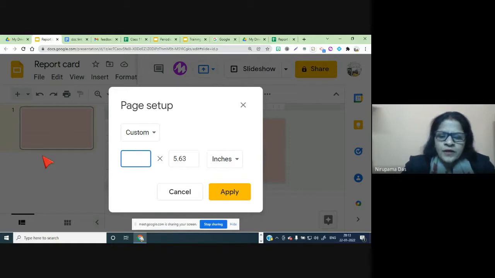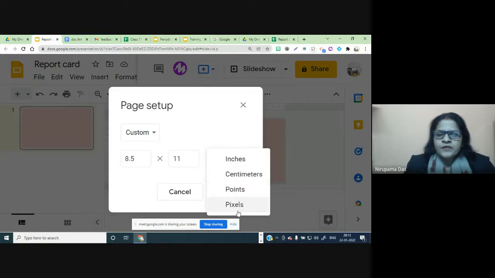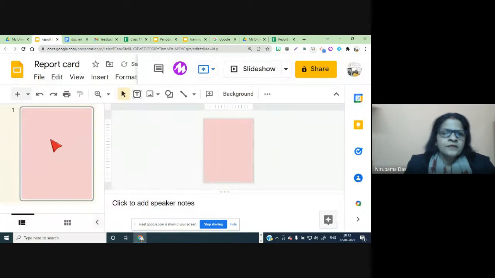We can write here 8.5 and 11. I think that will be okay. Here also you can select units: centimeter, points, pixels, inches. Here inches, apply. So you can have such a report card like this.